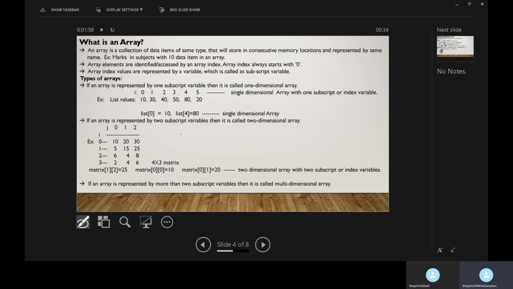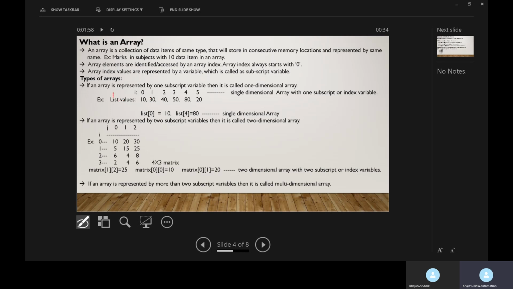And here we have different types of arrays. If an array is represented by one subscript variable, then it is called a one-dimensional array. For example, a list of values is an array.